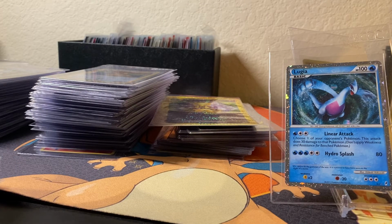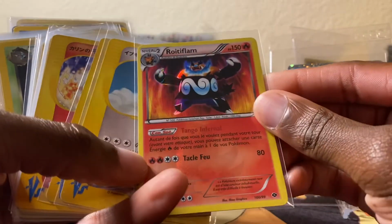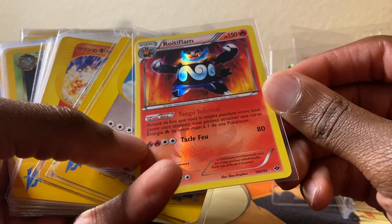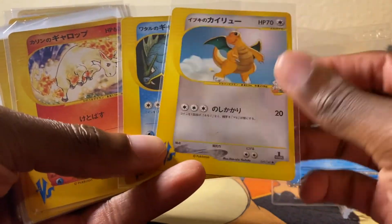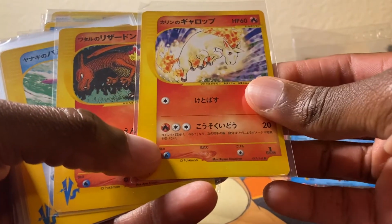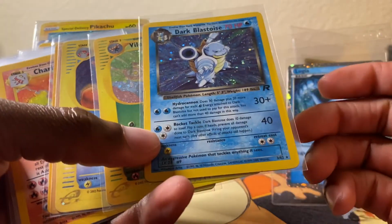So as you can see, there's a variety. It'd be a good variety of stuff. Legend, the bottom, Ho-Oh Legend, Suicune Legend, Raikou Suicune Legend. And then this is French? Yeah, sure. And then Versus Series, I already have all these cards already, and they're at PSA. So I decided maybe I'll sell to someone who's looking to complete a collection. So Dragonite, Gyarados, Rapidash, yeah, and then the big one, Charizard, Cloyster, and then some other decent cards, but